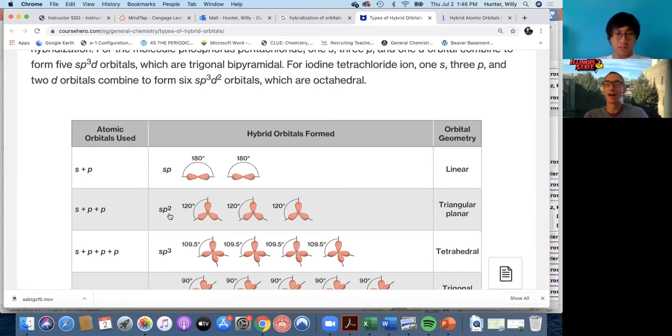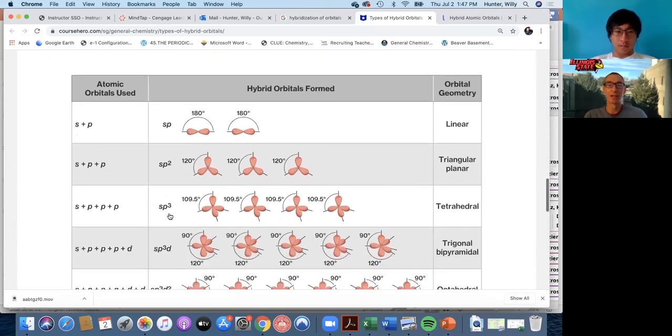Okay. Now, we also know that there are some other molecules that have weird formulas, right? That don't make any sense to us. For instance, there's SF4. That's sulfur with 4 hydrogens around it. Well, it also has a lone pair, so it's a sulfur with 5 things around the outside. And the only way that we can make any sense of figuring out how to put 5 things around the outside of an atom is if we take 1 s orbital, 3 p's, and 1 d,